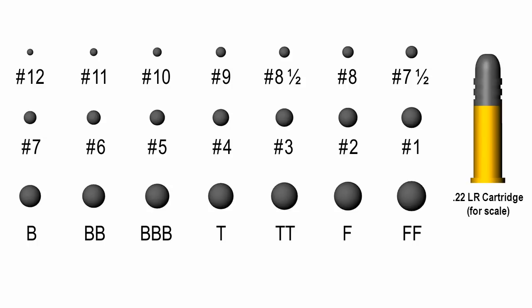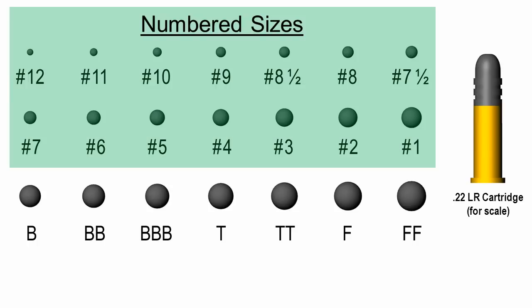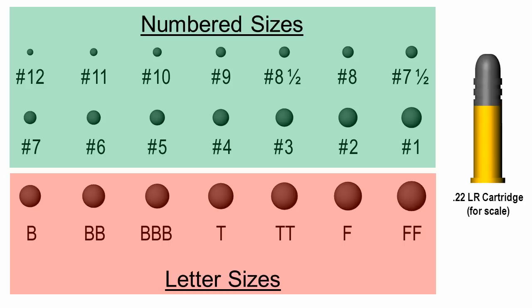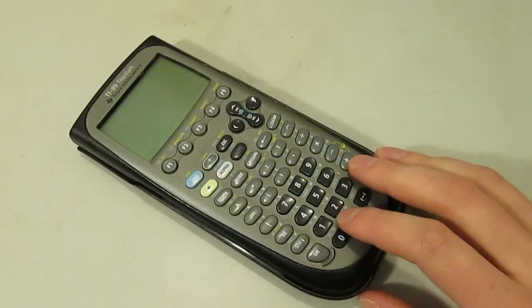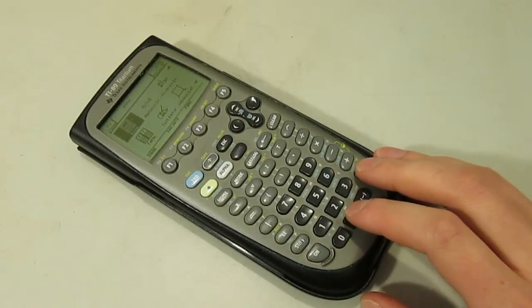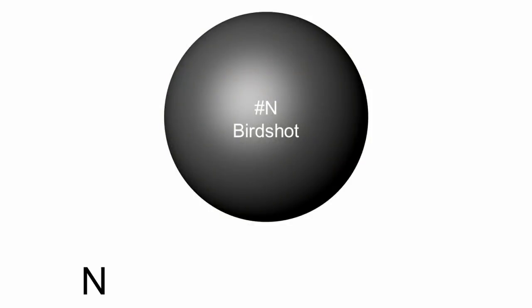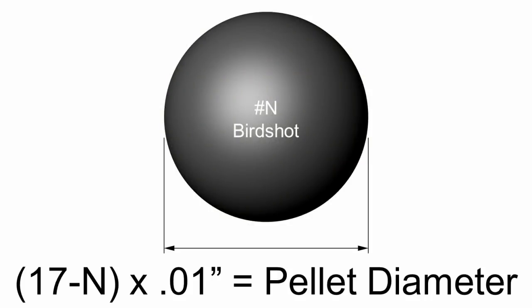All these birdshot sizes are split between two major naming systems. The smaller sizes use a system of numbers, while larger sizes are designated by letters. We'll run through the sizes, starting at the bottom with the numbered birdshot. The way these numbers work, the lower the number, the larger the pellet. It's a little counterintuitive, but there's a handy mathematical formula that relates these numbers to their corresponding pellet diameter. Simply take the shot size number, subtract it from 17, and the difference is a nominal pellet diameter in hundredths